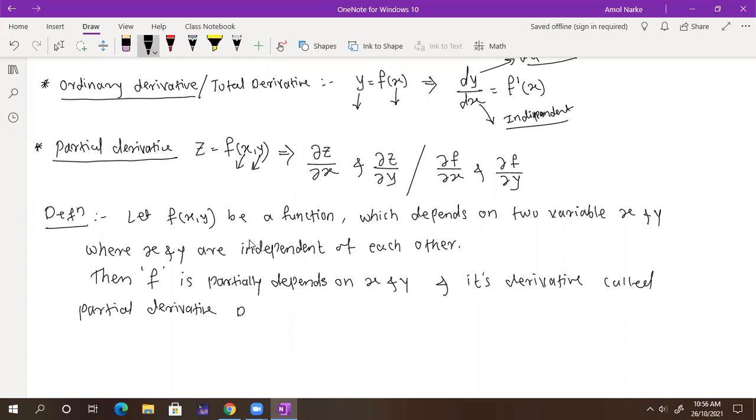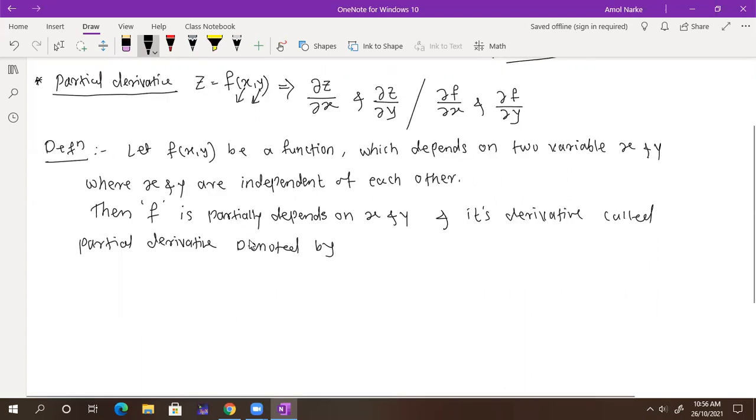We use the notation: partial derivative of f with respect to x and partial derivative of f with respect to y, and it is calculated by